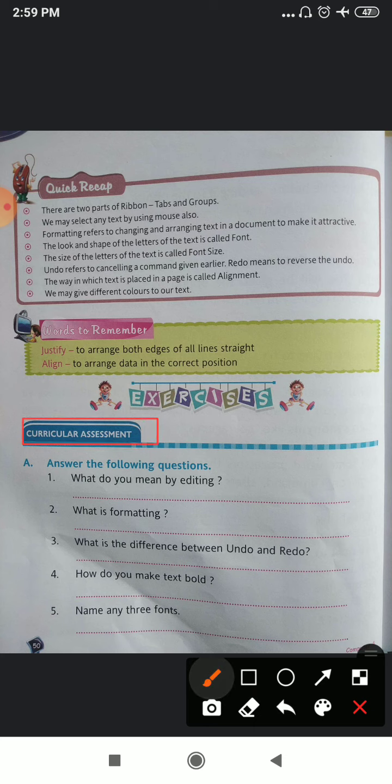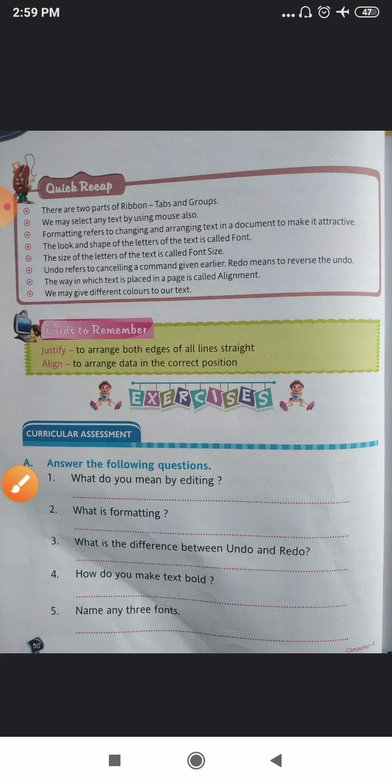As you can see, the questions are given in your book and space is given for the answers. But you have to write down the answers in the book and in the notebook also. You all are having a computer notebook now. So in that notebook you have to write down the answers as well as in the book. As you can see, the space is given for every question. So now I'm going to start with the question and answer session.